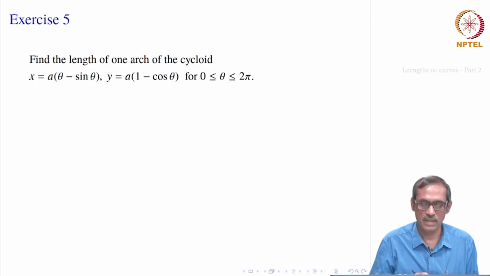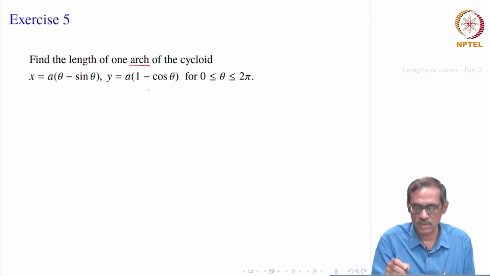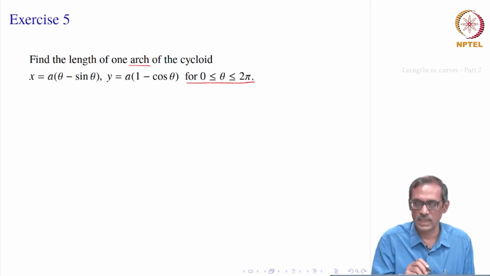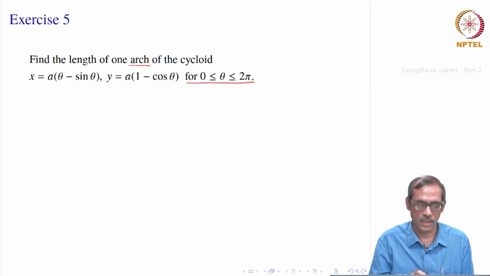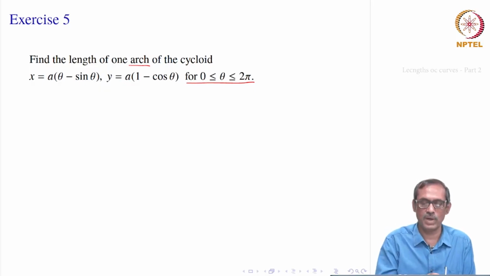So, let us take another problem. Here we want to find the length of one arch of the cycloid. So, the name of this curve is cycloid. We want to find one arch. There can be many arches in the cycloid. We want one arch. So, that arch corresponds to the portion of the curve when theta varies from 0 to 2 pi, and this curve, the cycloid, is given in terms of the parameter theta. So, it is x equal to a times theta minus sin theta, y equal to a times 1 minus cos